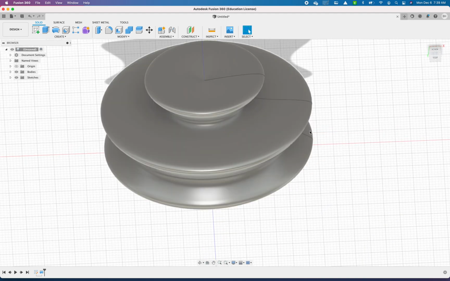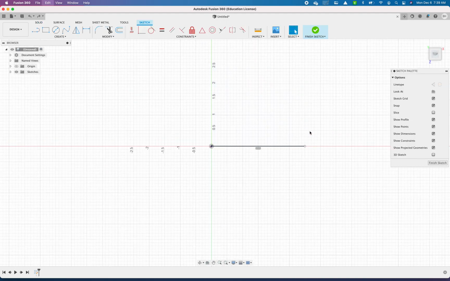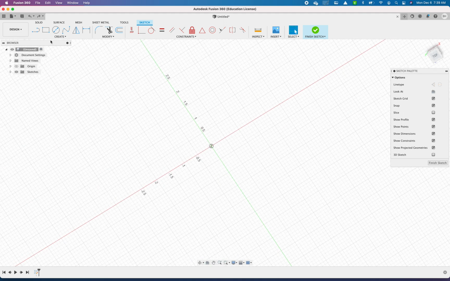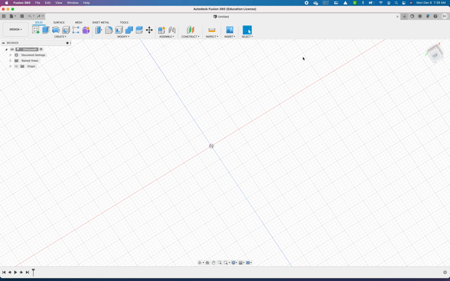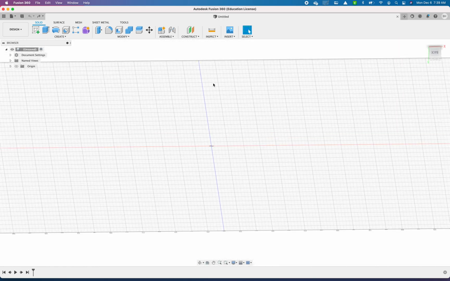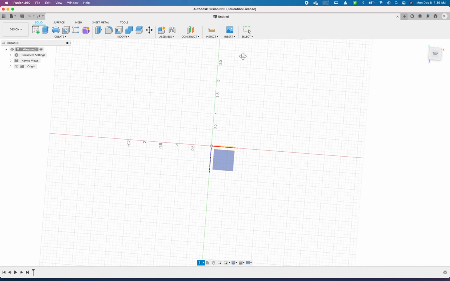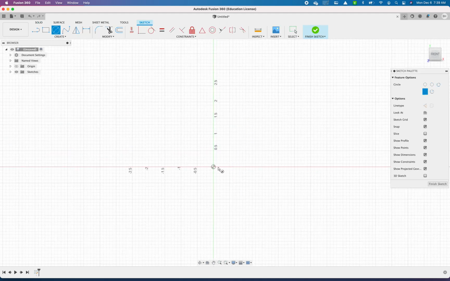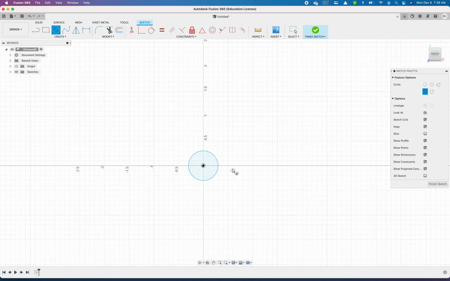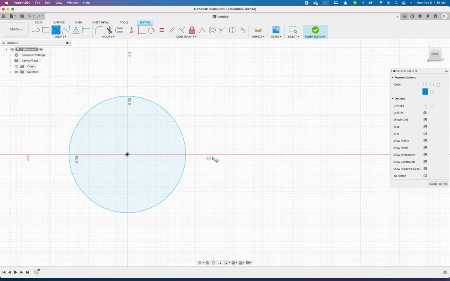The next one I want to show is sweeping, and kind of the best example I have is making like a 2-stranded power cord out of this. So if we go to create, so I'm in my sketch right now. Let's go back a little bit. I'm going to use 2 sketches in this. I'm going to start a sketch on a vertical plane first and draw 2 circles that overlap each other,